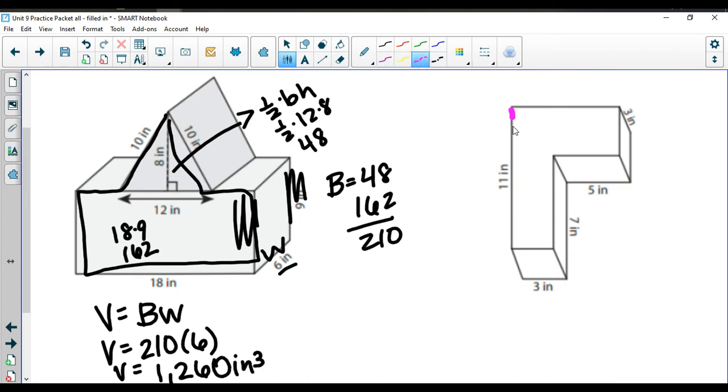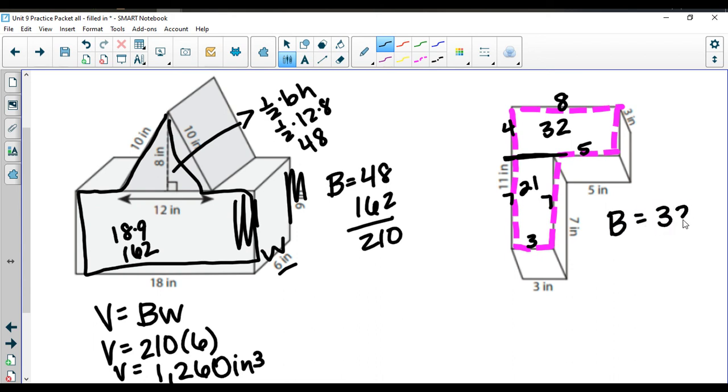On our last example here, this is another one of those L-shaped ones. So my L shape right here is actually going to be my base. I need to get a couple of units on here. This side right here is 3, this is 7. If this is 5, 3 plus 5 all across the bottom here is 8. So if I split this off here, 3 times 7 is 21. Knowing that this whole side is 11, and 7's here, this would have to be 4, and 8 times 4 is going to give me 32. So the area of my base is going to be 32 plus 21,